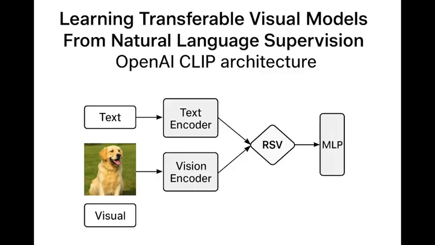Exactly. Then you take your image, run it through the image encoder to get its vector, and you just see which text vector it's closest to using cosine similarity. Whichever text matches best, that's your predicted class. It's like a hypernetwork generating the classifier on the fly from language.